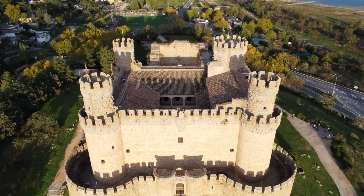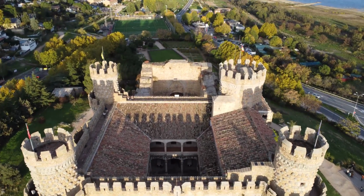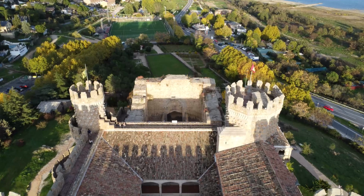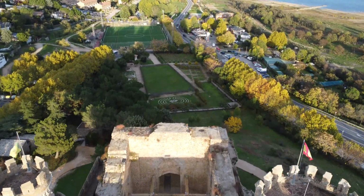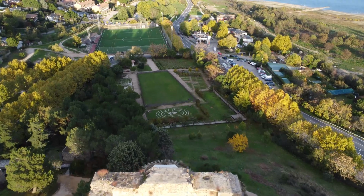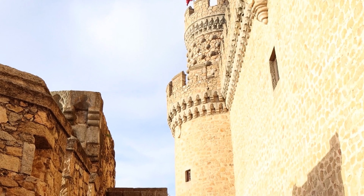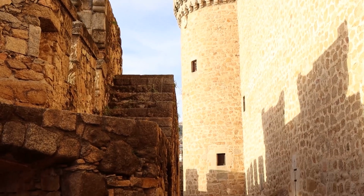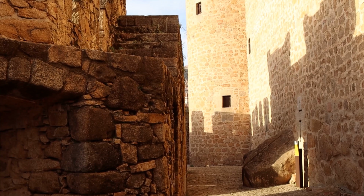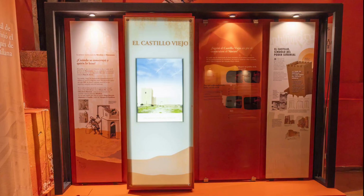The new castle of Manzanares el Real, also known as Castle of Los Mendoza, is a palace fortress erected in the 15th century in the town of Manzanares el Real. Its construction began in 1475 on a Romanesque-Mudéjar hermitage and today is one of the best preserved castles of the Community of Madrid. It was raised on the river Manzanares as a residential palace of the House of Mendoza, in